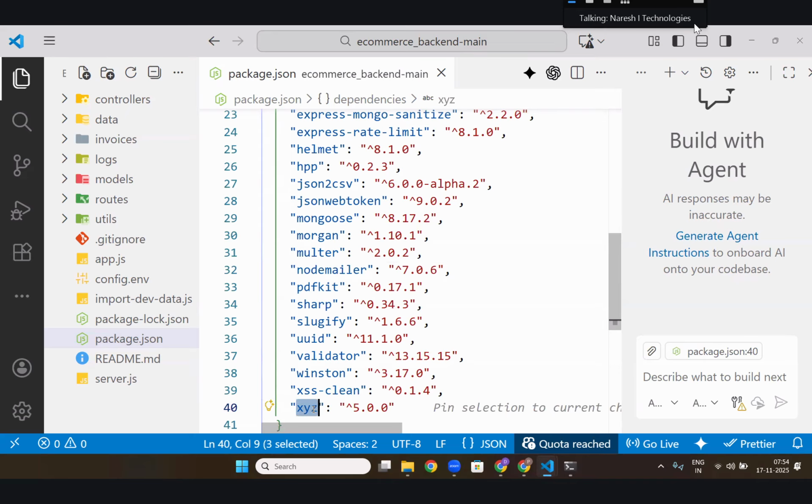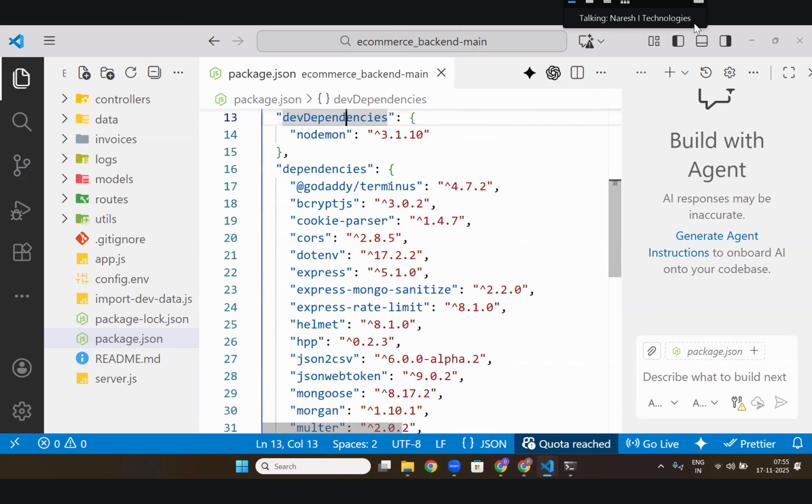Now, there are so many packages in these that we don't know, na? There are lakhs of packages which we don't know. So when you see someone's project, first you have to check package.json. I'm just telling you the procedure. When you are doing the application, check package.json. Then check on the internet what each one means. For example, what is this particular terminus?